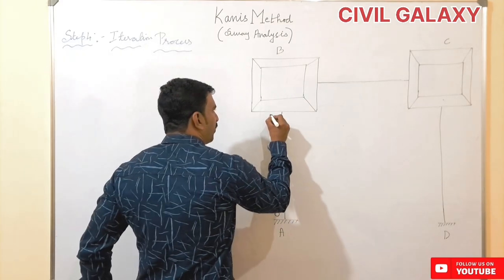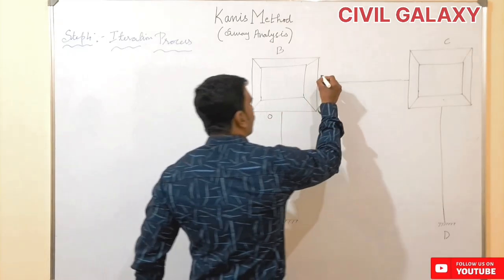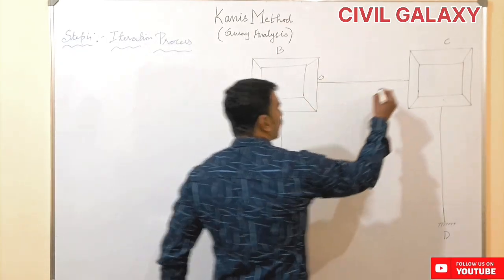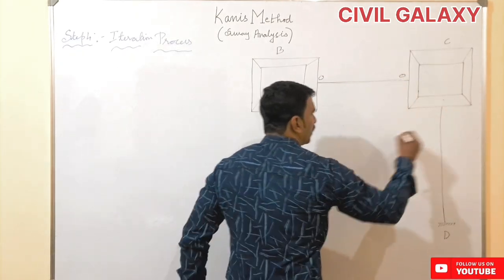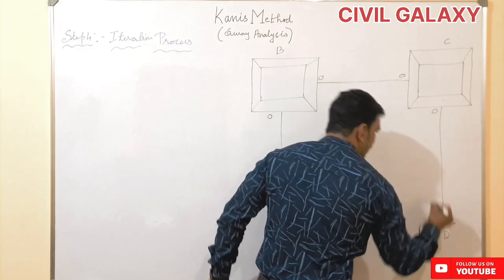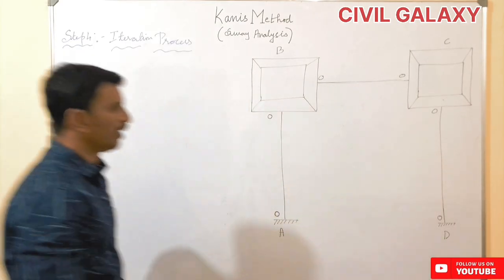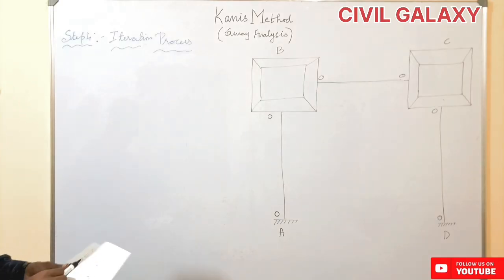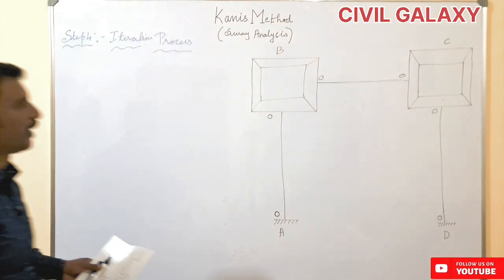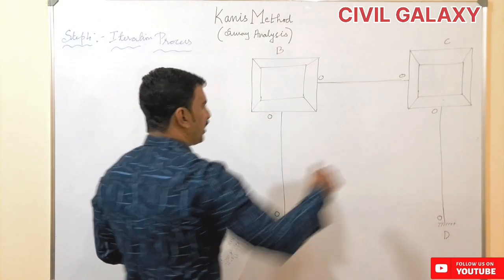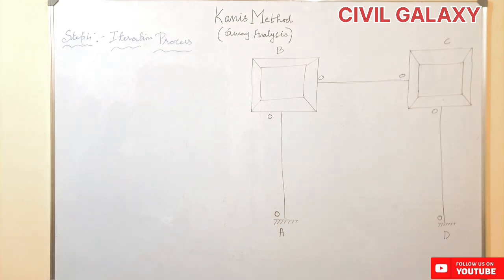So here also it will be from B to A 0, from B to C it is 0, from C to B it is 0, C to D it is 0, and D to C also it is 0 over here. So now after representing the fixed end moment, we need to represent the